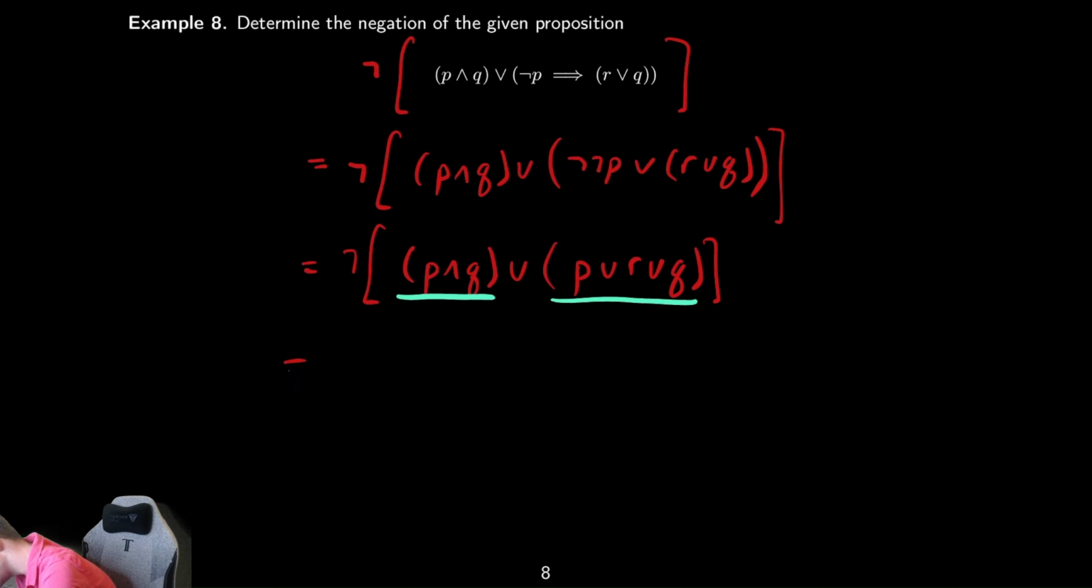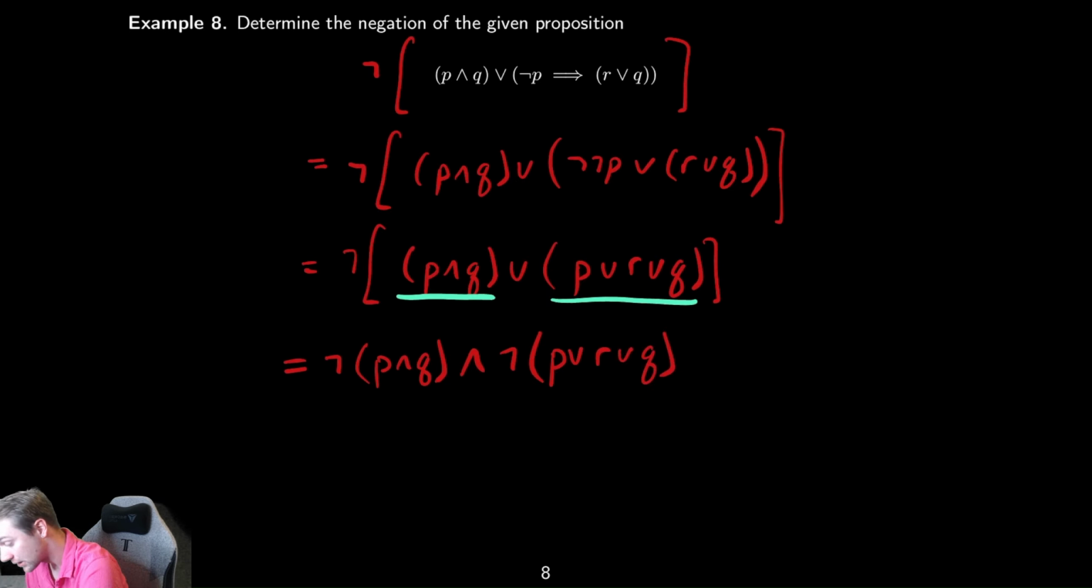not the first thing, P and Q. Switch the inner symbol there, and then not the second thing, P or R or Q. And now we're going to use De Morgan's again, and we'll get not P or not Q, and